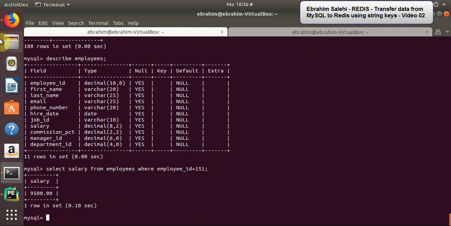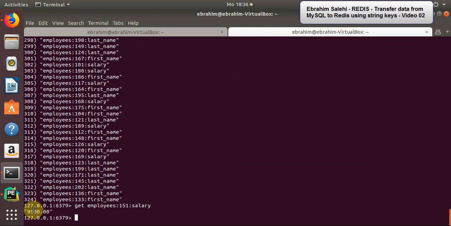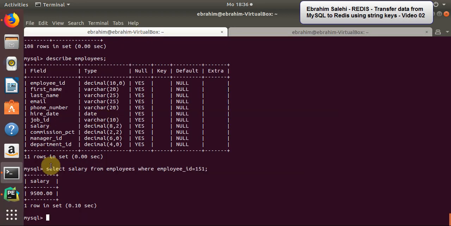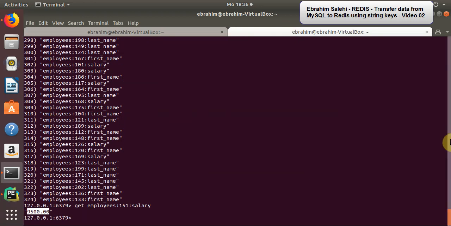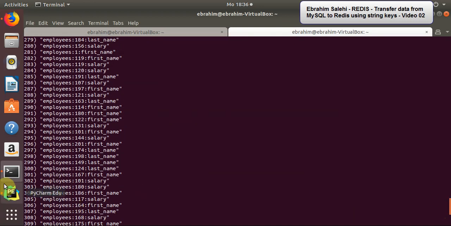Okay, this is salary 9,500, and here it's 9,500. Okay, it's correct. And you can see here I transfer all the column, but the 3 columns here, this